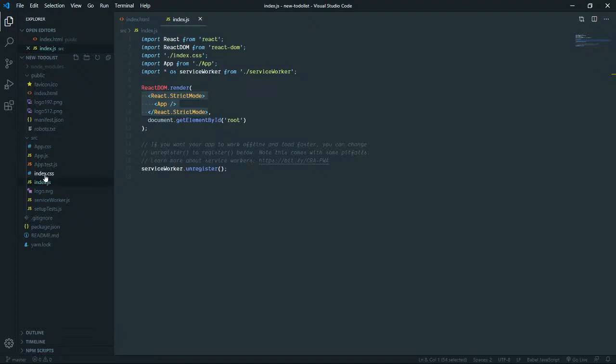Then we go to app.js. In index.js, you can see it's importing App from './App', and React by default understands that you mean App.js, so you need not write the extension, because we're working with the JS config. If you were working with TypeScript, which is you could say a better version of JavaScript, it's not really a better version of JavaScript, it's like a super